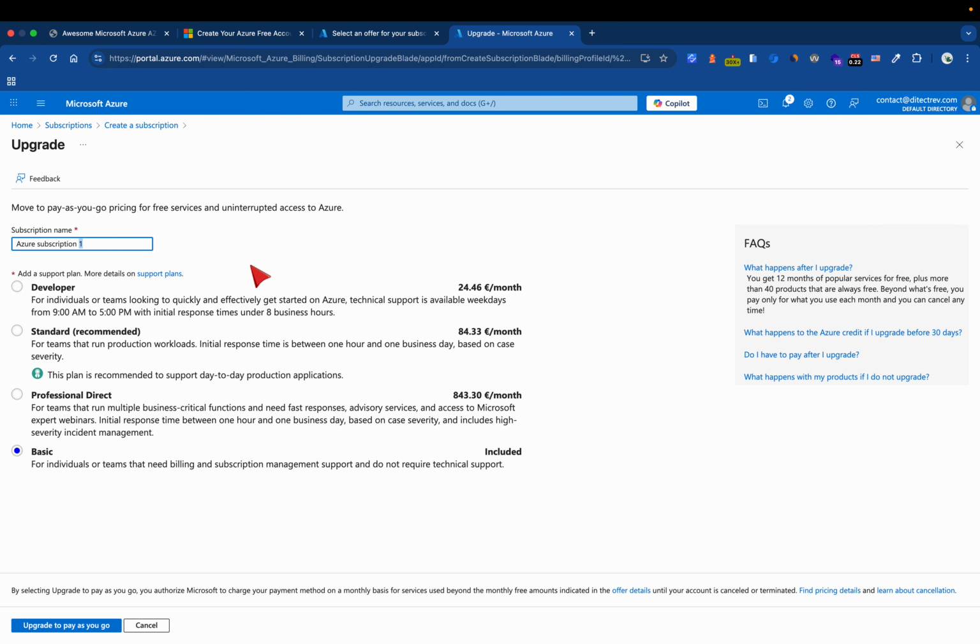Within the department, you can also divide by teams, or you can divide per resource. For example, front-end infrastructure will be on Azure subscription 1. Infrastructure for backend will be on Azure subscription 2. And when you have more than one subscription,